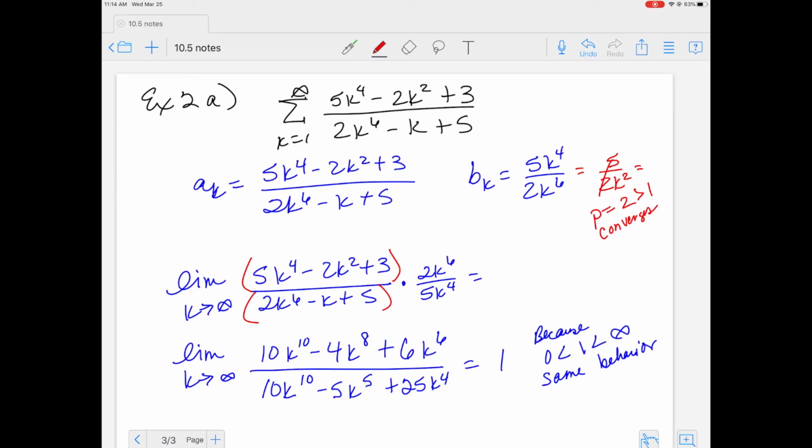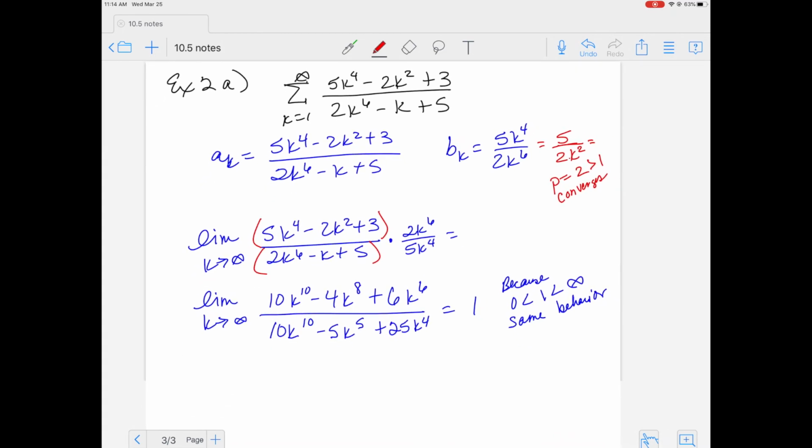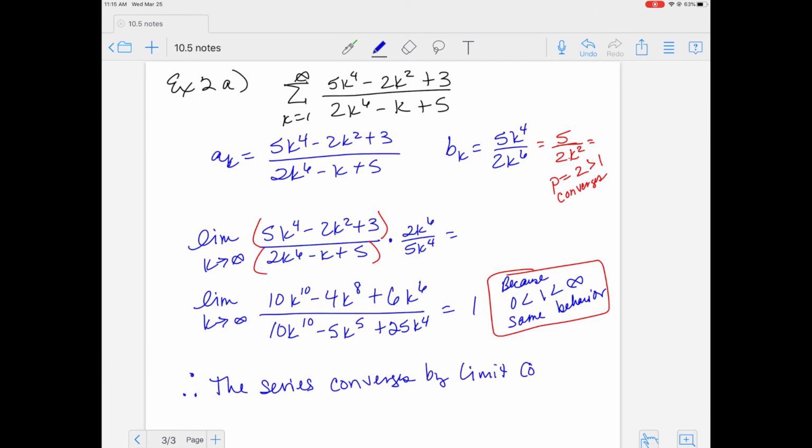If my comparison converges, I'm going to keep that on there because I'm afraid if I print these notes off, you're going to look at that and go, what the world did that girl do? So my p here is 2, which is greater than 1, so I know that converges. Because my comparison converges and my limit is just a positive finite number, whatever that is, in this instance 1, then I know my original also converges because it's same behavior. I'm just going to write the series because that's a big one. Converges by the limit comparison